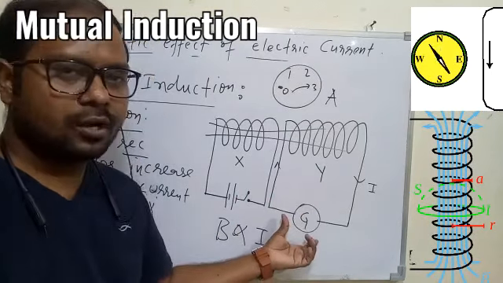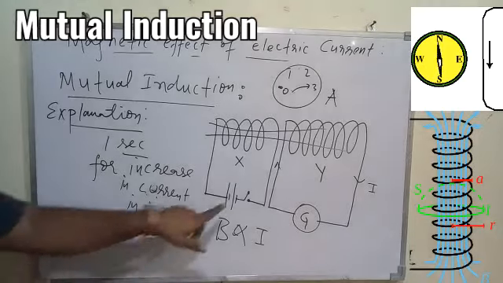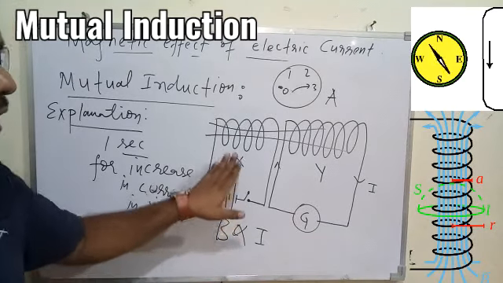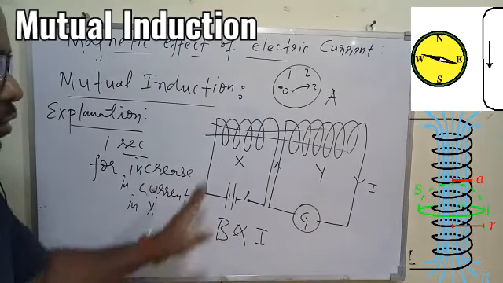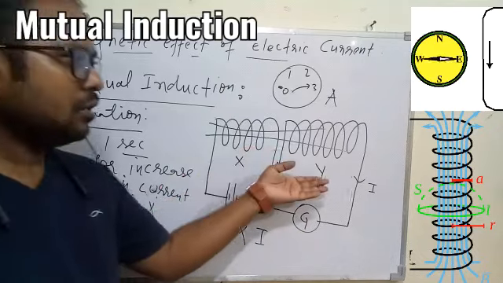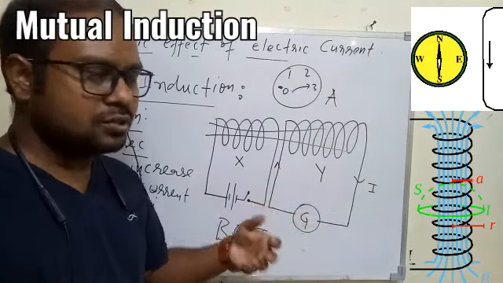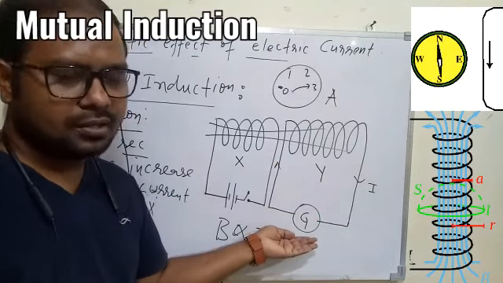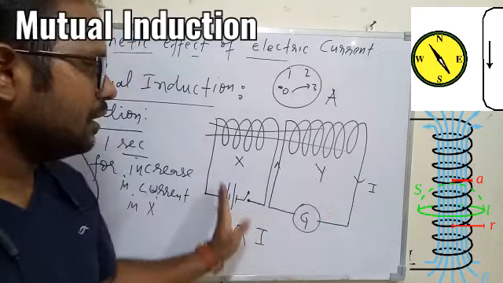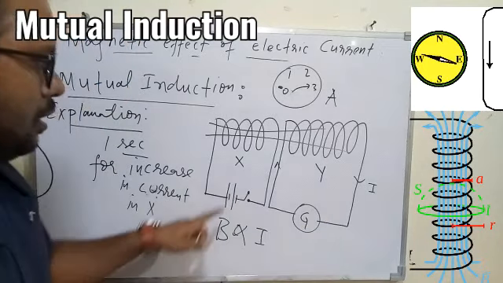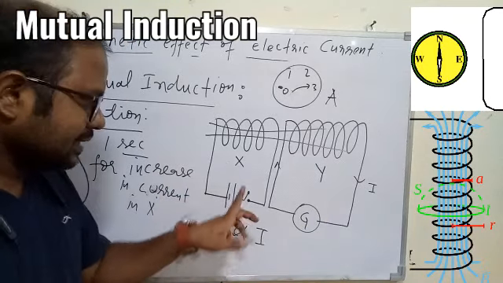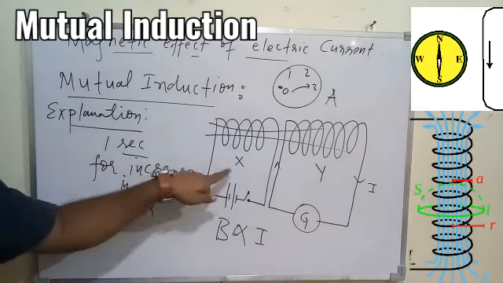I hope you understood. I am repeating again. If the circuit is switched off, the coil X is not behaving as a magnet, so there is no magnetic field. So overall in Y also there is no magnetic field, no change in magnetic field. Y will also show 0 reading. So no current in X, no current in Y. The time we switch on the circuit of X, the current will start increasing in X.